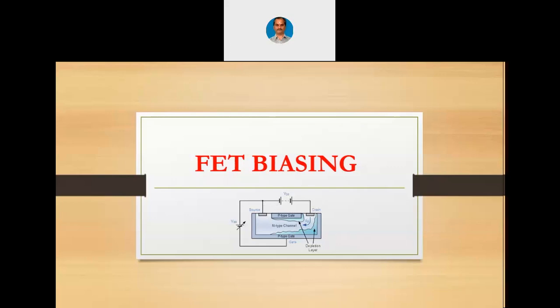Now you can see the joining or the expansion of the depletion region near the drain. That is because the drain side is reverse biased. The N-type is connected to plus and the gate is anyhow going to be given a negative voltage. As I told you, if it is normally on, we are going to turn it off by applying negative gate voltage to the gate. With this brief revision, let me proceed to the FET's biasing.